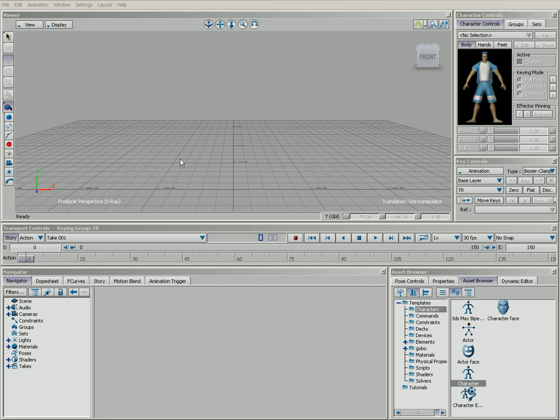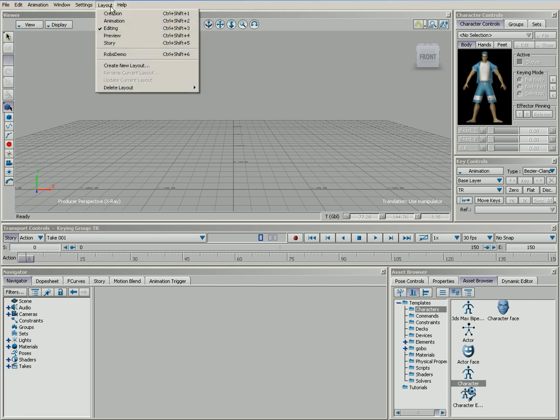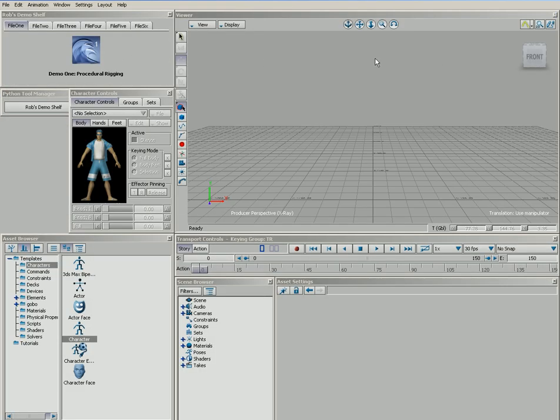We've got MotionBuilder launched here on the screen in a default layout of editing. I've created a special layout called Rob's Demo. So we see we've got a demo shelf created. Let's click on the one icon and it shows us the first topic that we're going to look into is